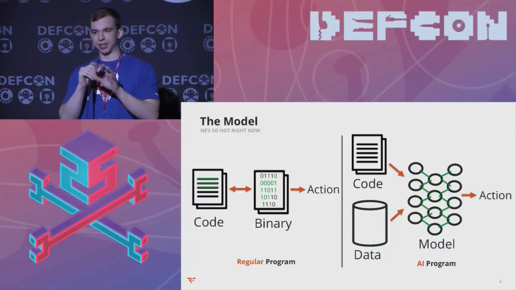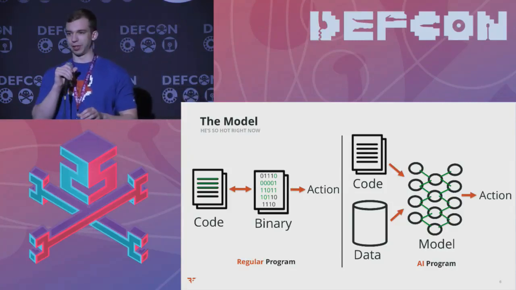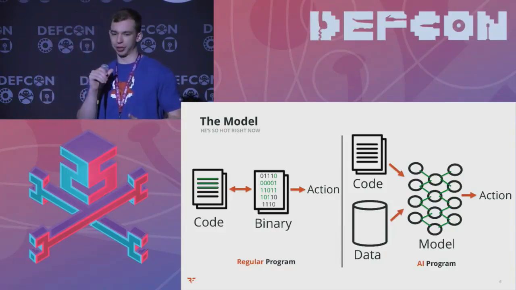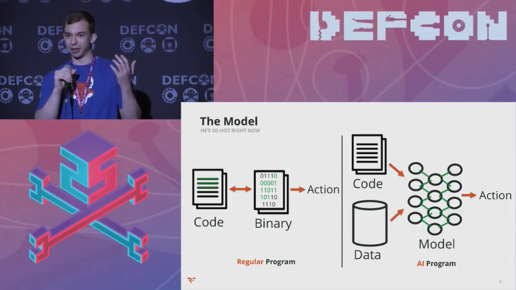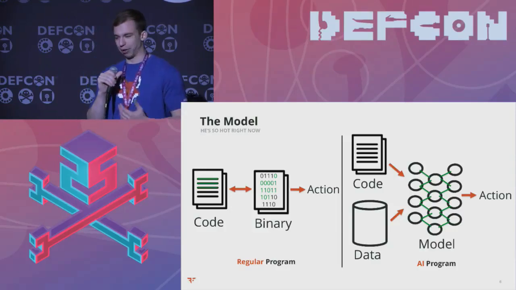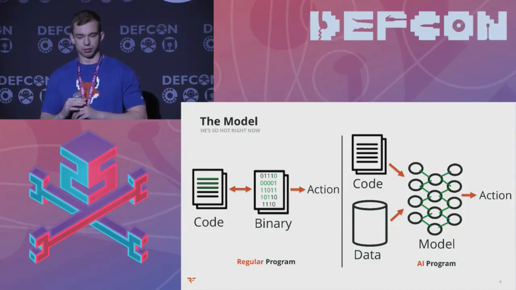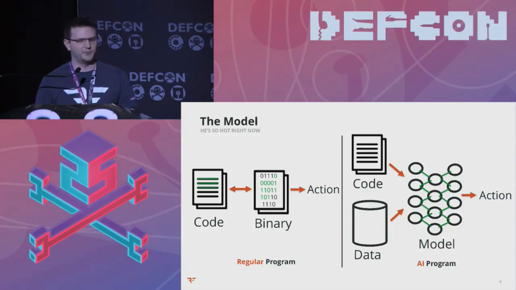So it's not necessarily as deterministic as a regular program. It can be difficult to ask, oh, why did this program make the decision it did? Why did it decide to select star? Or why did it decide to drop my database instead of injecting and stealing all the data from it? It's one of the fundamental differences. We're going to be talking quite a bit about the model going forward, and that's an important piece to take away here. That's the thing that does all the smarts in your program, as opposed to the code that you actually write.